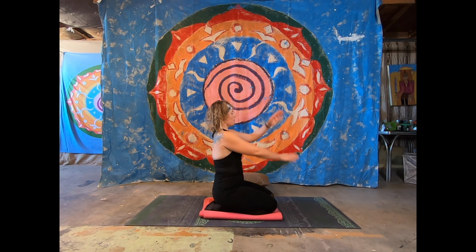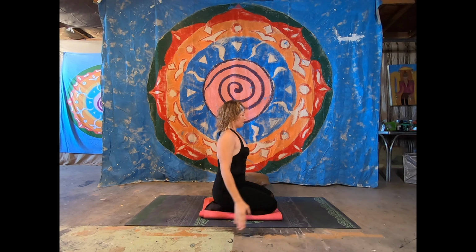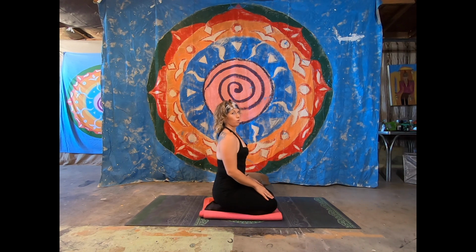Second variation optional is eagle. So left arm crosses under. And lift to shoulder height and lower down. Lift and lower. Arms come up. Inhale. Exhale, come back down. We're going to do 4 shoulder rollbacks here. 2, 3, 4, and then